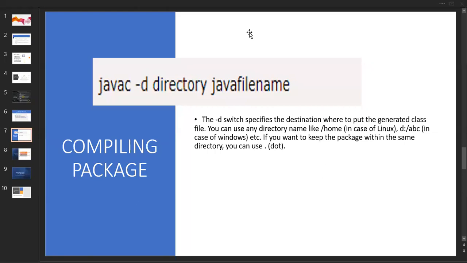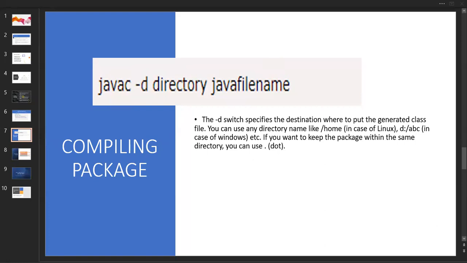Yeah, okay. So I want to share my command prompt. Where is the command prompt? Okay, where is my command prompt?